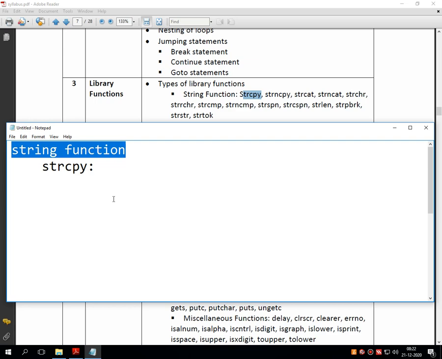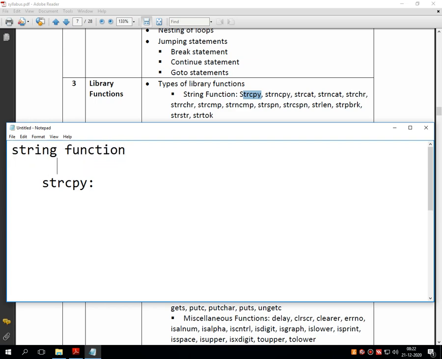The general definition says that these are a group of functions which are only applicable to strings, and as per the theoretical representation of a particular function, it will give you the output. That means this function is designed to execute a specific task.